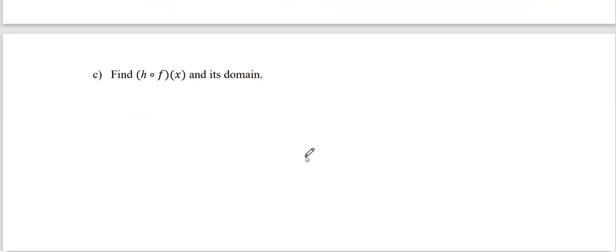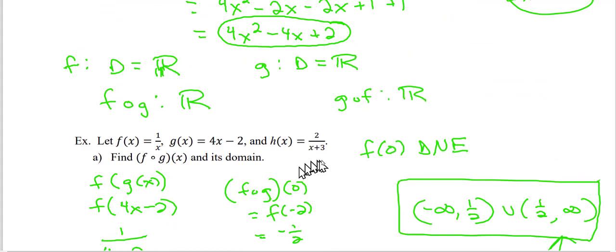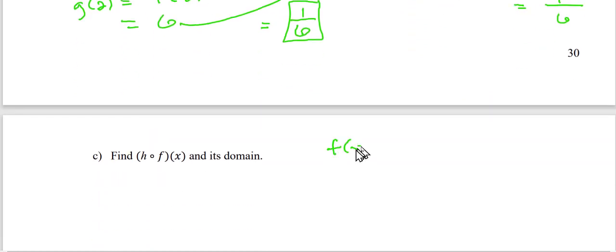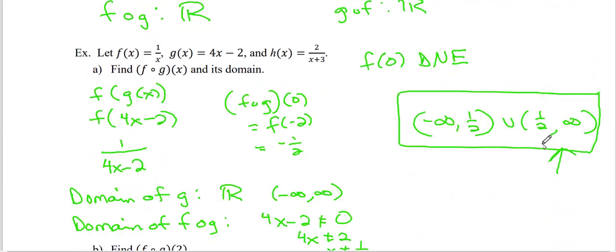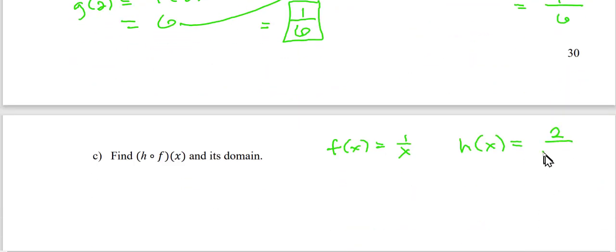Here's another one, find h of f of x, just to show you one more example. H of f of x, I think it was. I'm going to write these down. F of x was 1 over x. You should have them right, easy for you to access, but I have to scroll here. 2 over x plus 3 are our two functions. One thing to be careful of here,